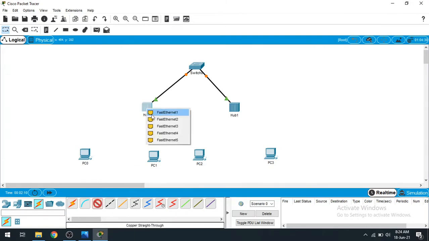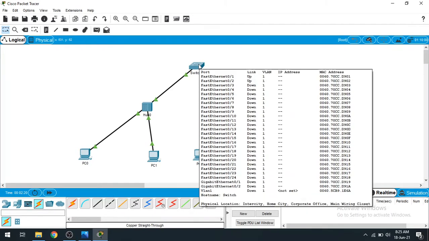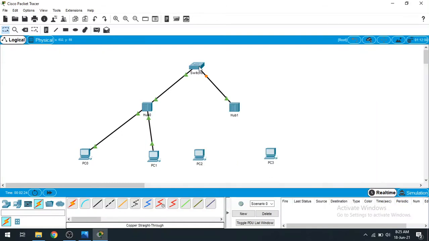Again, just connect fast ethernet to fast ethernet. Hubs and PCs have fast ethernet, while this switch has 2 ports for gigabit ethernet. Using gigabit ethernet you can connect to your routers.